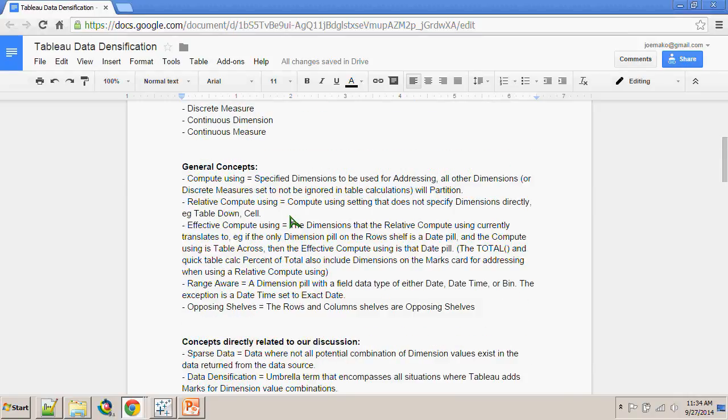The next thing I want to talk about is some general concepts or other terms that we may use here today. This idea of compute using. What compute using refers to is the addressing. When we're creating a table calculation, we specify what we want to use for compute using, and that's also going to be the addressing. Whatever we specify for our compute using, all other dimensions will be used for partitioning. So in other languages like Oracle, we specify what we want to use for partitioning, and everything else is used for addressing. Whereas inside Tableau, we specify what we want to use for addressing, and everything else